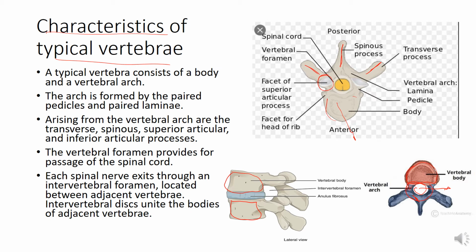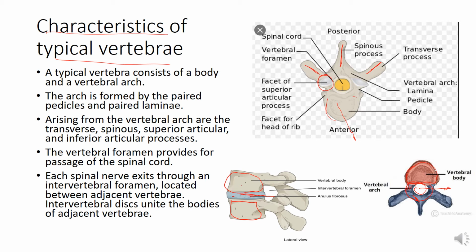However, there is no direct bone to bone contact since between each pair of bones is a tough pad of fibrocartilage known as the intervertebral disc. So this is the intervertebral disc present between the two bodies of the two adjacent vertebrae. The bodies of the vertebrae lie to the front of the vertebral column, increasing greatly in size towards the base of the spine, as the lower spine has to support much more weight than the upper regions.